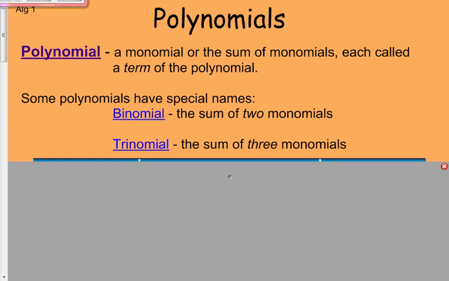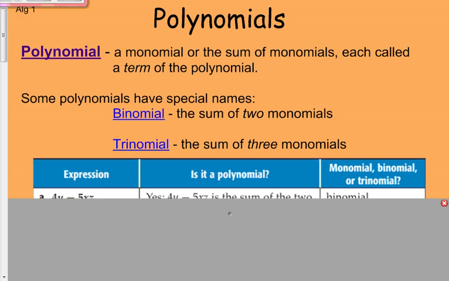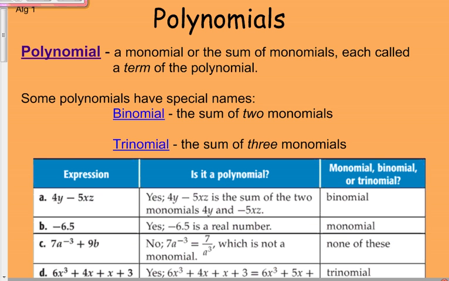Some polynomials have special names. You can have a binomial, which is the sum of two monomials, or a trinomial, which is the sum of three monomials. And of course, that means you can see subtraction in the problem too when they say sum. And here is a table showing us